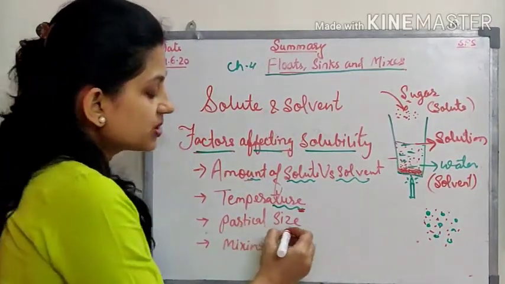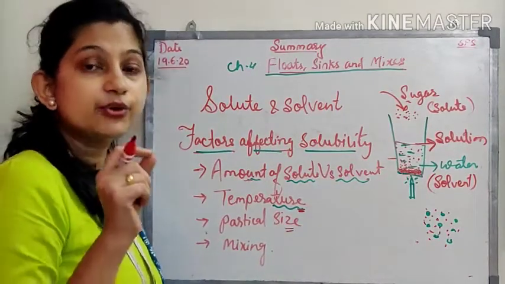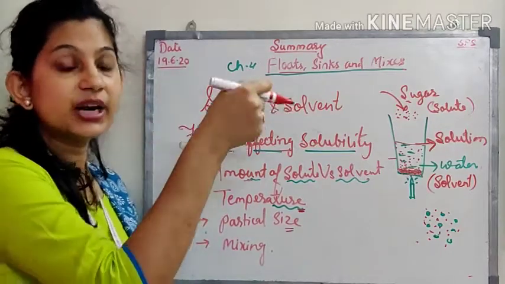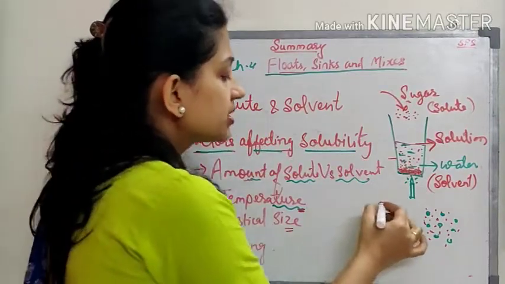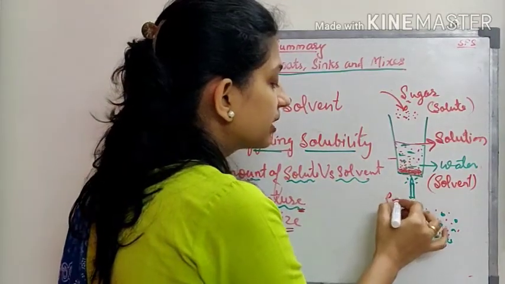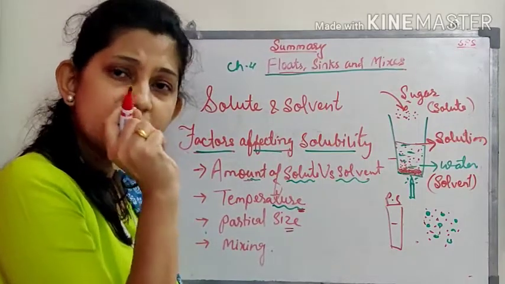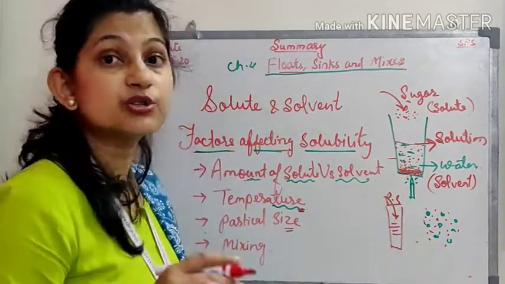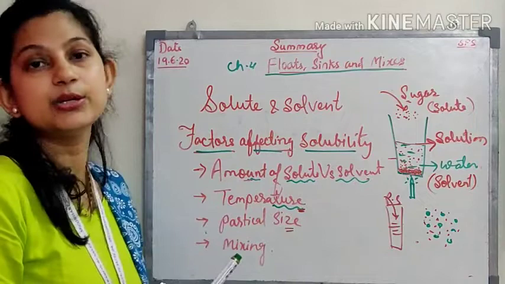Okay, next was particle size. Yes, it is a very easy one. If you try to dissolve granulated sugar, the particles which you have in your kitchen, 1 teaspoon there, and in another one you simply dissolve powdered sugar, that time the powdered sugar's particles were very small. So when you add it here, it is going to dissolve faster. Isn't it?